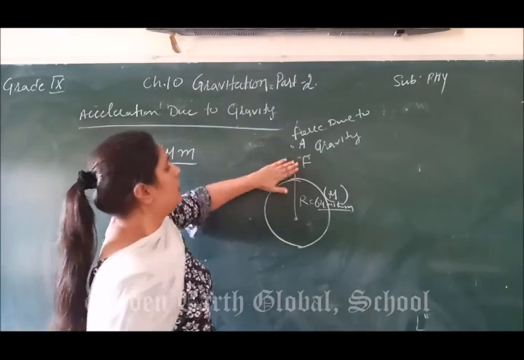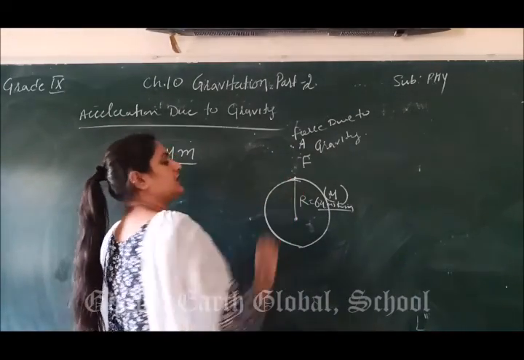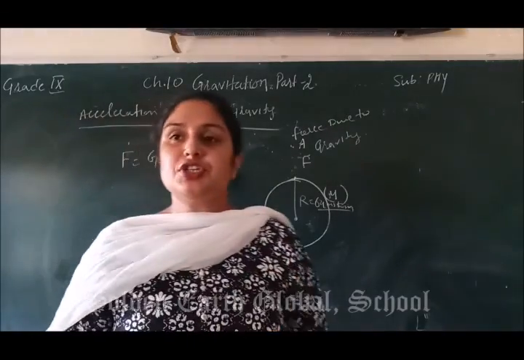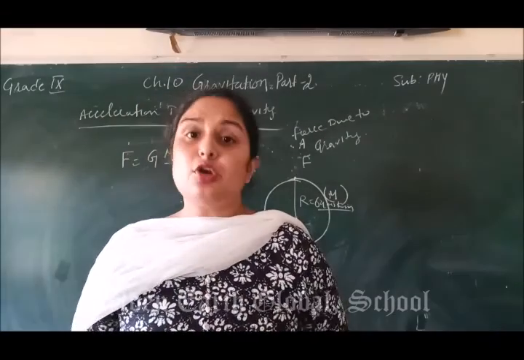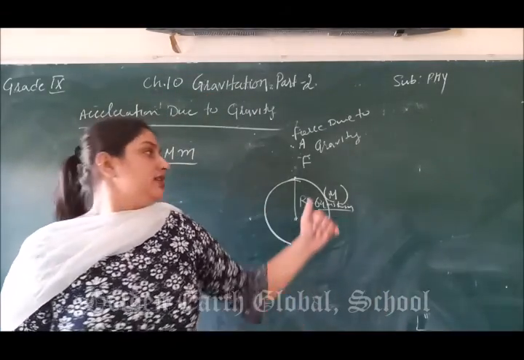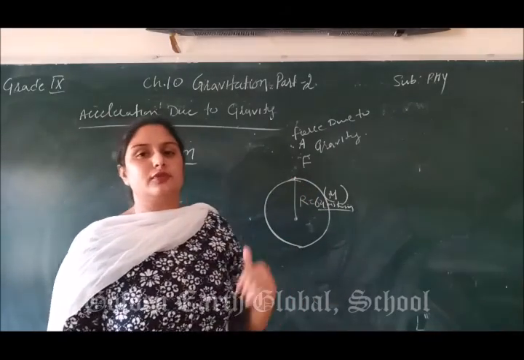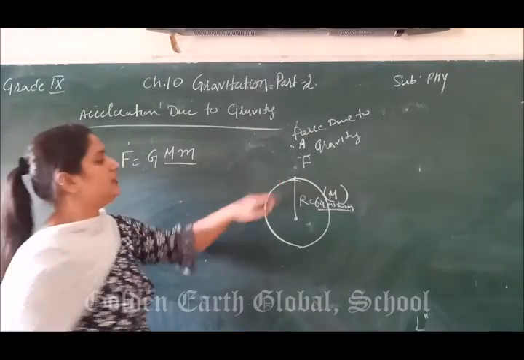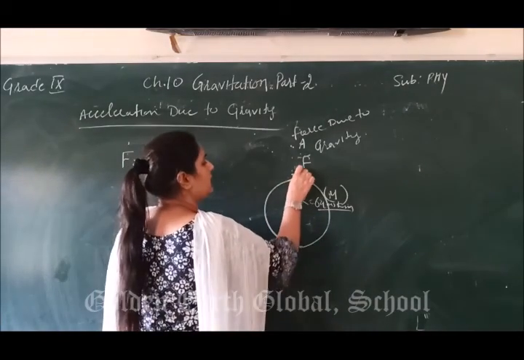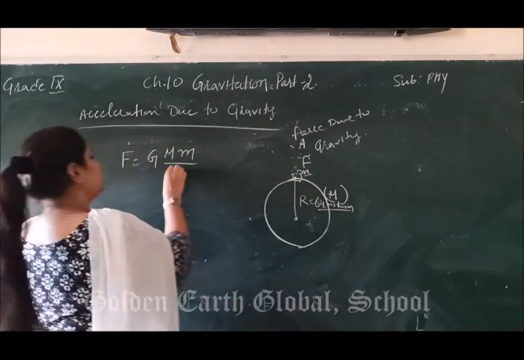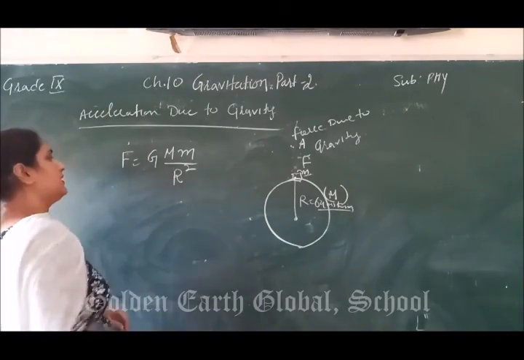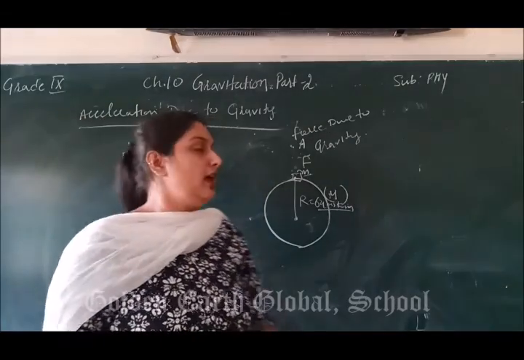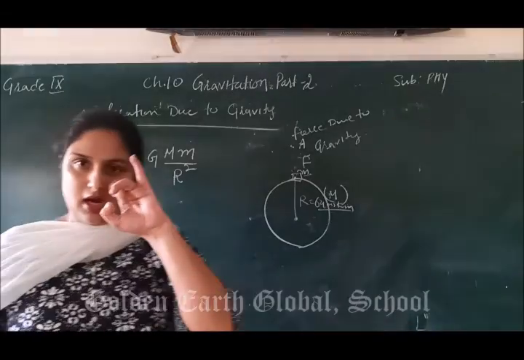The radius is 6,400 kilometer, and this distance is very small, so we can reflect on it. You can see that the objects are placed on the surface of the earth. The objects are stationary on the surface of the earth. They are not in motion, because some force is attracting them towards the earth. So the distance between this object having the mass m and the earth is taken as the radius of the earth. F is equal to G M m upon capital R square.